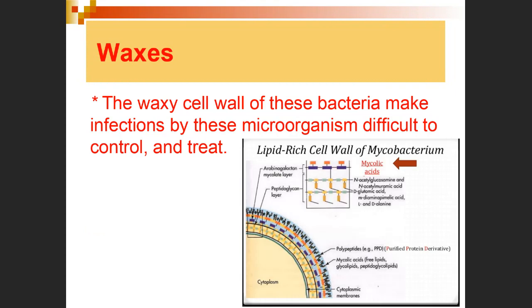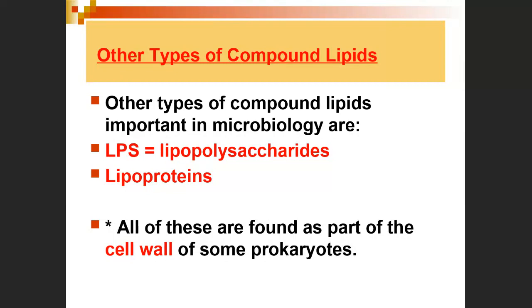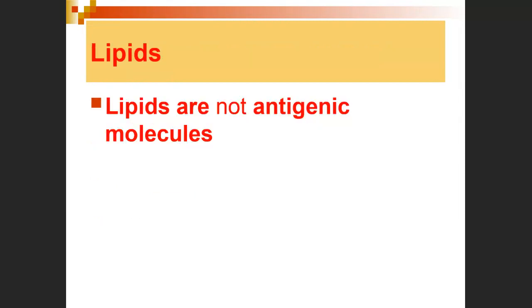And we'll talk more about these cell walls in chapter 3. And the last type of lipid that we want to talk about that pertains to microbiology is called lipopolysaccharides. These are lipids with a polysaccharide attached to them, so this will be a complex saccharide, if you will. There are also lipoproteins, okay, fine, but LPS, lipopolysaccharide, is the one that we really want. It is the component that makes the cell wall in a group of bacteria that we're going to call gram-negatives. And so we'll come back to these kinds of cell walls in chapter 3.